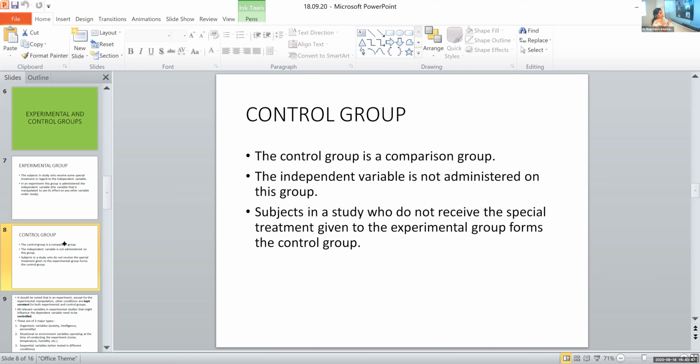So the effect of this particular independent variable, music therapy, was on the relaxation of the participants only in the experimental group. And suppose, just imagine, that we didn't have a control group for comparison. We just had one group, we applied the independent variable, and then we were looking for the results there. We were looking for how relaxed they are.